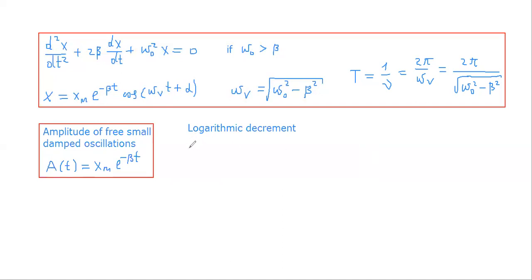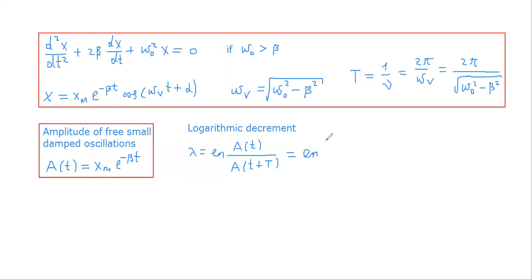This value is equal to the natural logarithm of A of t divided by A of t plus period. T plus period. And this is equal to